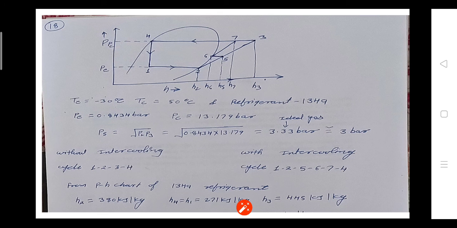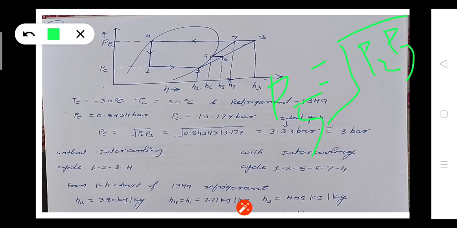In the last lecture we derived one equation, that is P5 equal to square root of P2 P3. This equation is derived on the basis of the ideal gas equation. This is the exact value of P5 when the refrigerant used in the refrigeration system is an ideal